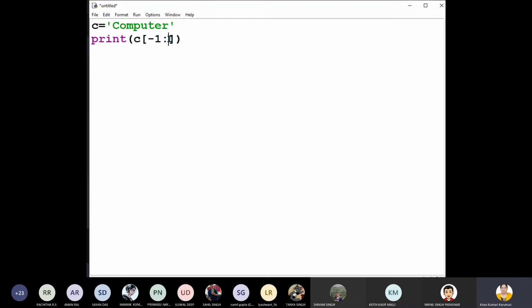Nothing is there. So we don't have to go forward, we have to go backward. To go backward, what is the step? -1, every previous character. Now if you display it and see, we will get the result in the reverse direction: R, E, T, U, P, M, O. Got it, children?